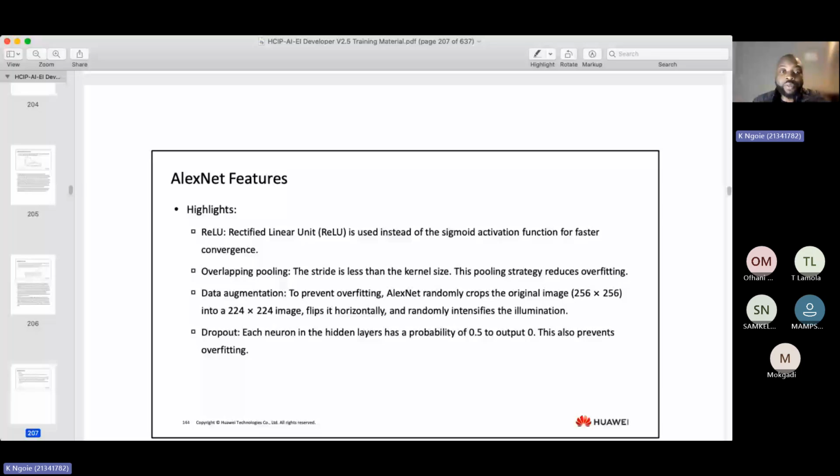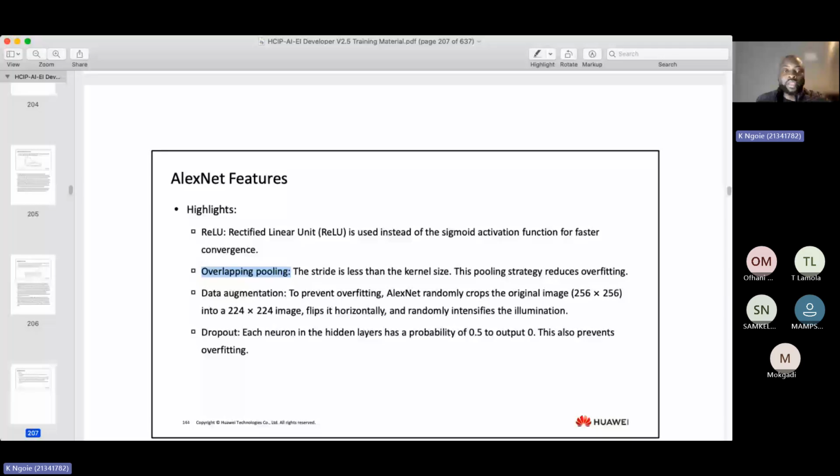So as you are using the neural network, it's very important to make sure you are using the right activation function. Remember, we talked about the ReLU, an activation function which does not have a vanishing gradient. So yeah, that's very important. AlexNet is one of the systems that's highlighted by using the ReLU instead of the sigmoid activation function, and then it uses overlapping pooling,